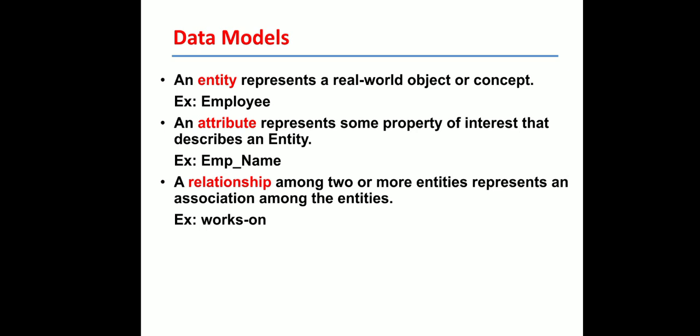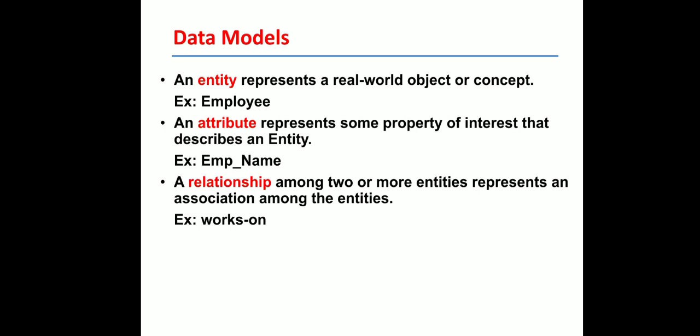In the employee table, employee entity, that employee has its own properties like employee name, employee salary, then employee ID. Usually we call it SSN, social security number. So these are the properties for that employee. All those properties are going to describe a particular entity. Those properties we call attributes.